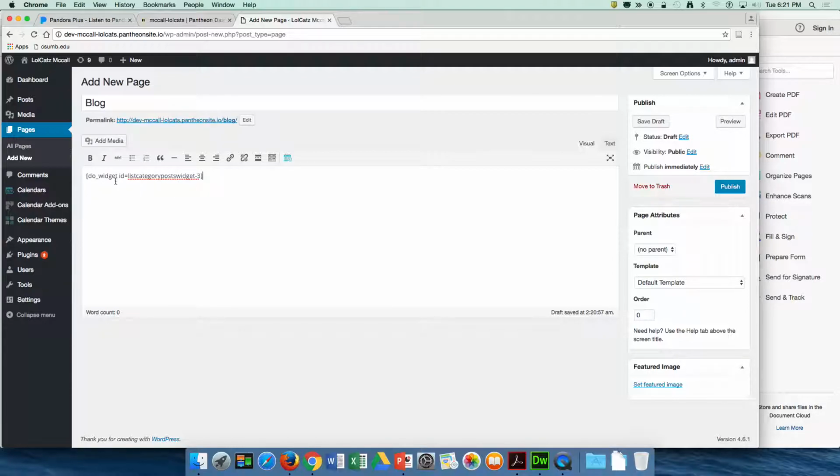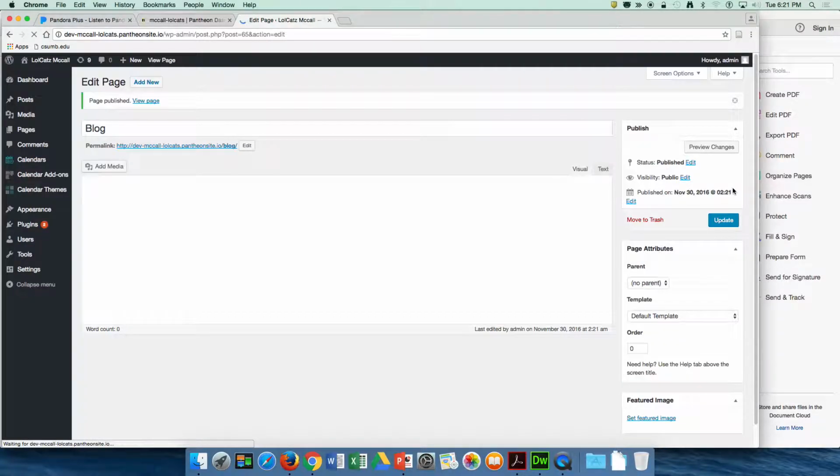Now I'm going to do other stuff in this page. I'm going to come back and edit this. I'm going to put some columns in here. I'm going to put some verbiage about the author on the left column, and then this is going to go in the center column. But for now, I want just that list. I'm not going to worry about anything else. So I'm going to say publish. With a little luck,